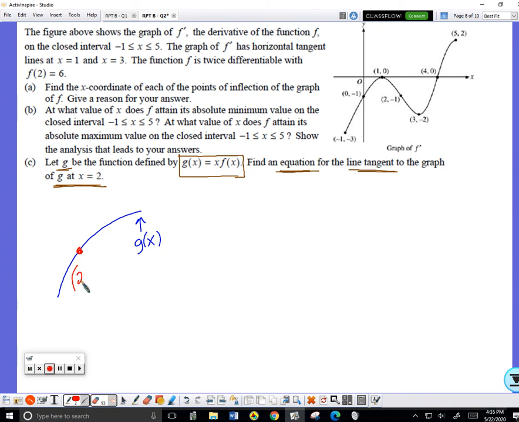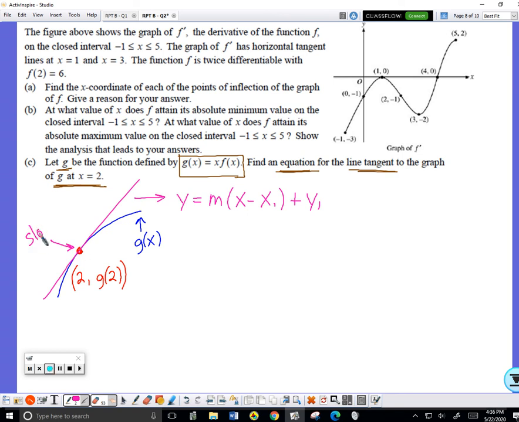So this is the point (2, g of 2). Got our line tangent here. And as is traditional, we try to do a better job on that one. There we go. So this is the equation: y equals the slope of that line multiplied by x minus an x-coordinate on the line, plus the y-coordinate on the line. That's straight off your golden notes. So let's see, the slope right here,